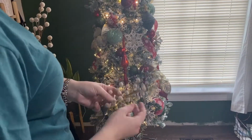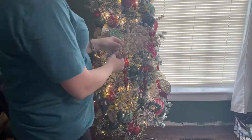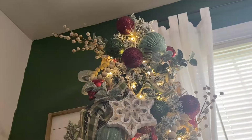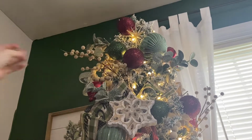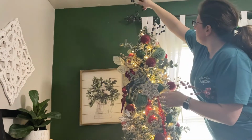So after I got the more natural elements in my tree, I added these berry looking picks, and these are like a champagne color and they're frosted. And then after the frosted ones, I added red ones that looked like cranberries that were frosted, and they're so pretty. I also had black ones,